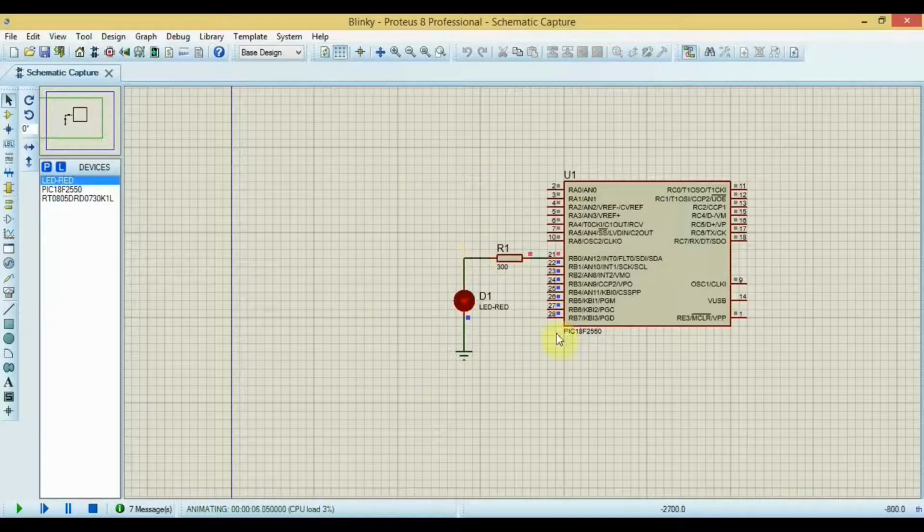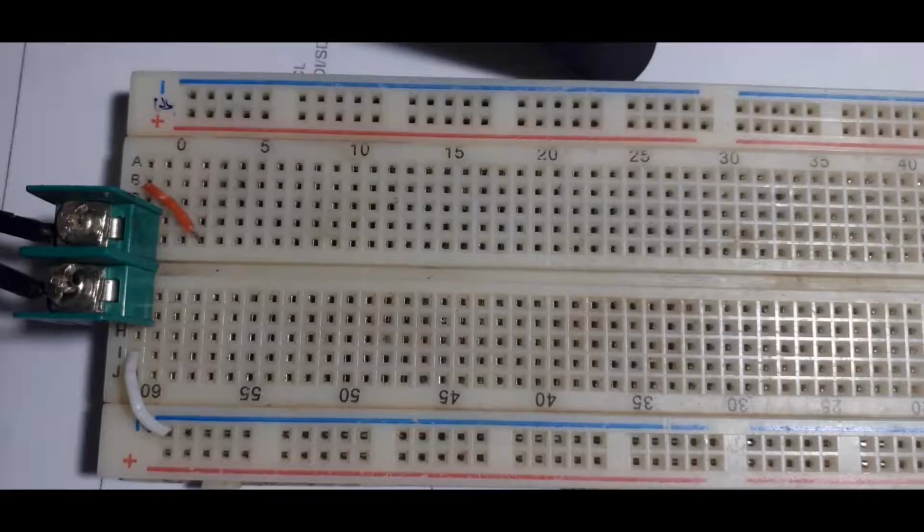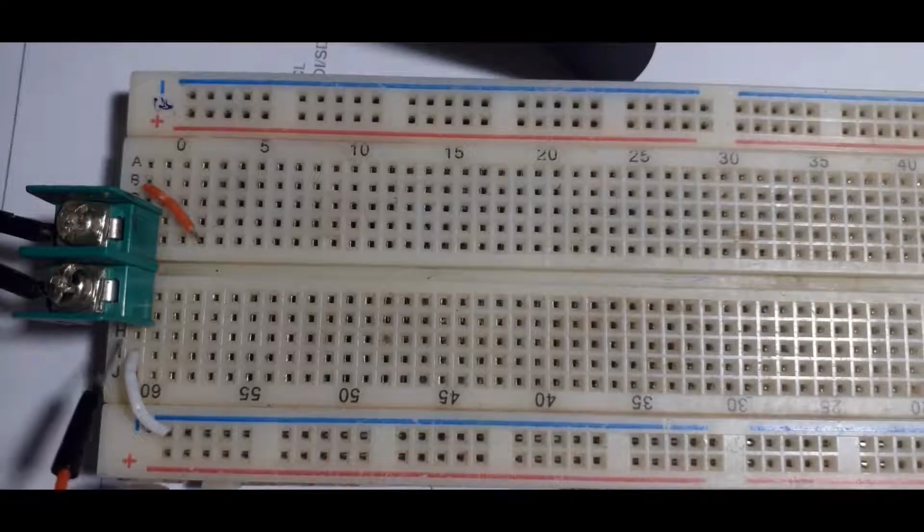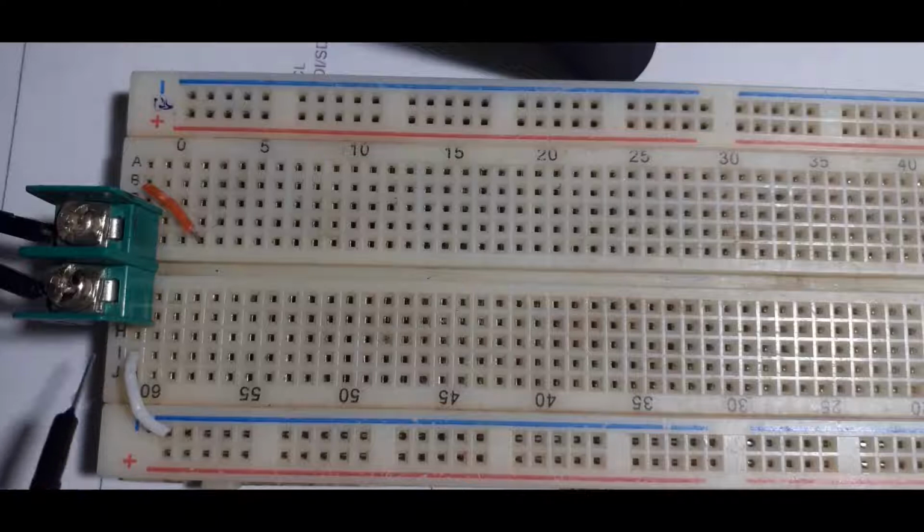At this point we've gone so far, and the only thing left is testing the circuit on a breadboard. Now this is the time we test the circuit on breadboard. To be honest, we're not going to do this for testing because I'm confident that the circuit is going to work, but I'm doing this to show you how to connect this microcontroller on a breadboard and what components you're going to use. And the first thing we need here is a power supply, and I'm using a 12-volt power supply